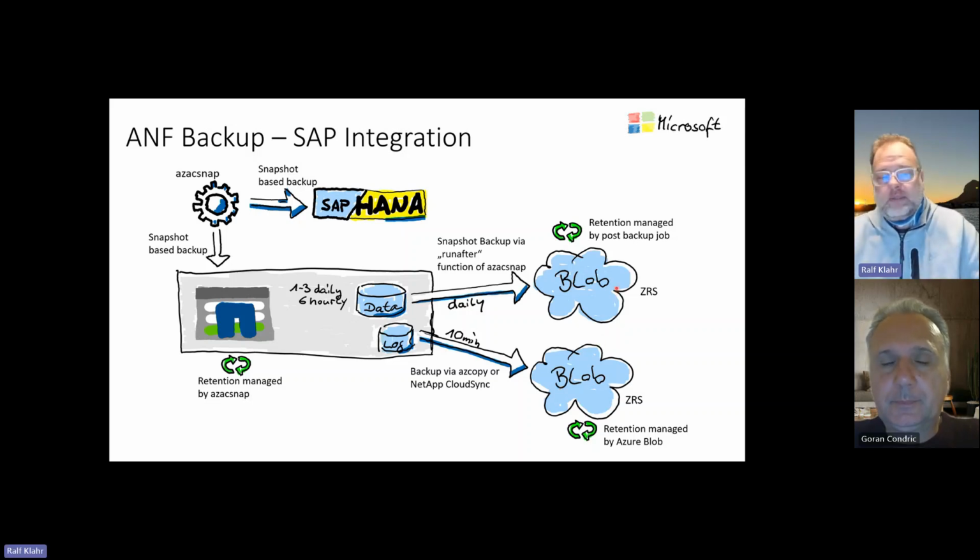Yeah. And the cool stuff about ANF backup is that since it is based on a mirror relationship, from every snapshot you have here in your blob space, you can create a new data volume. So basically clone the snapshot to a new volume and use this volume, for example, as a recovery point for your QA system.